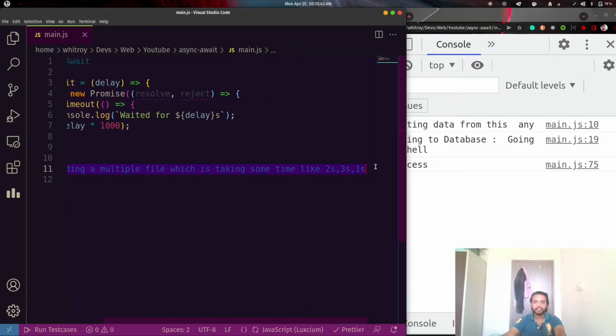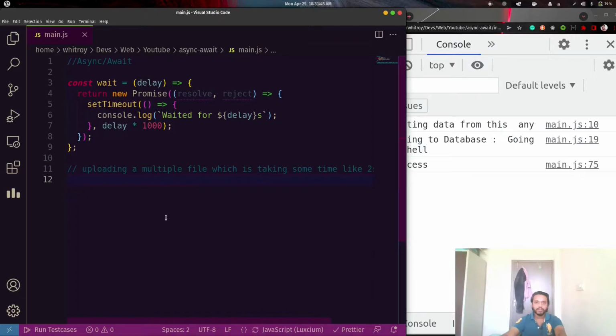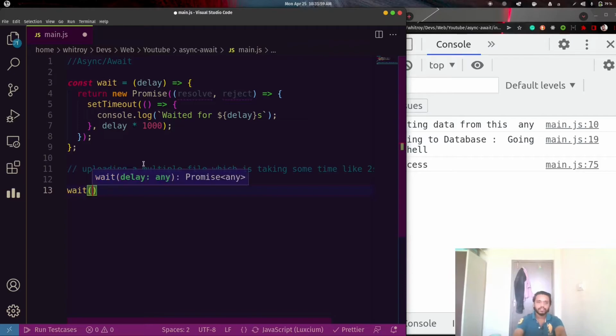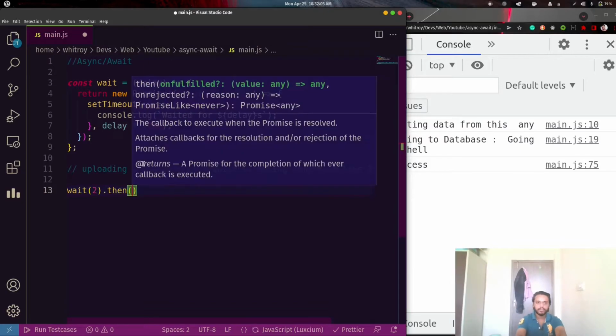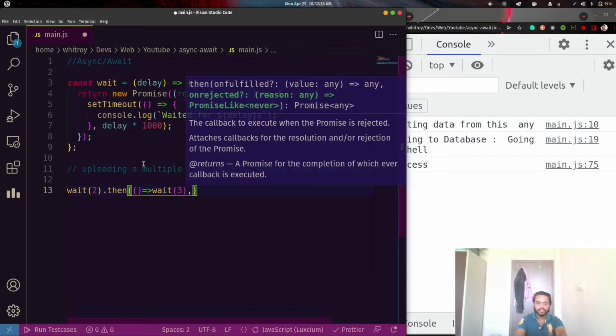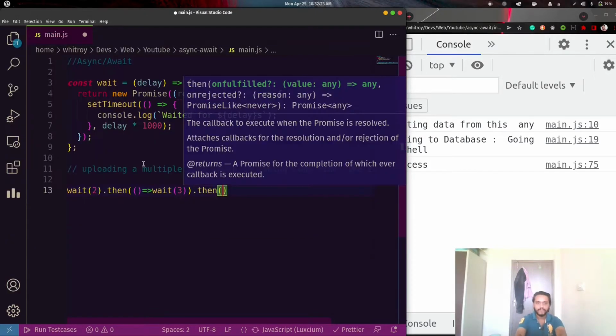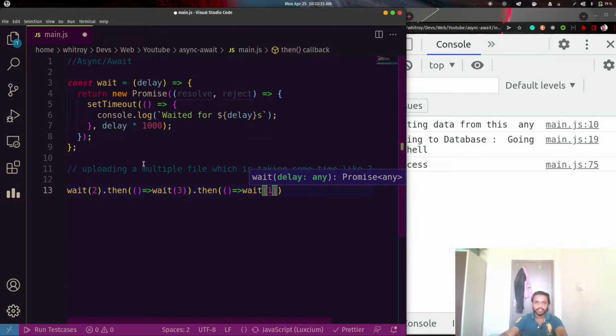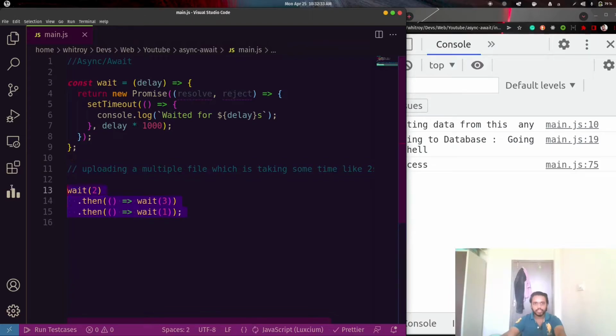Let's check how we can write it using promises and also using async await. So we have to wait for 2 seconds, then we have to wait for 3 seconds, then we have to wait for 1 second. As promises we can write it like this.